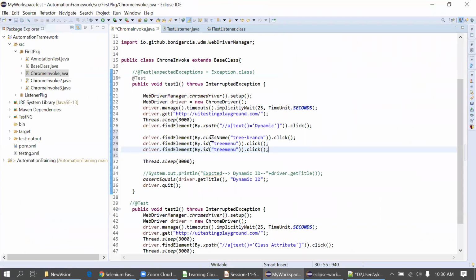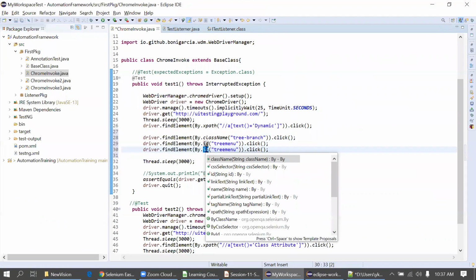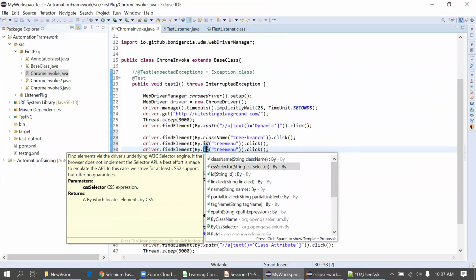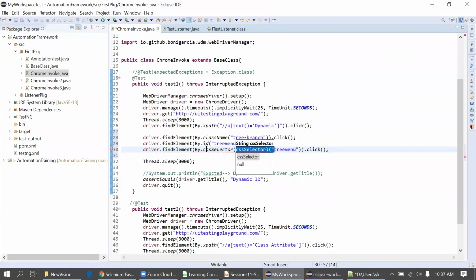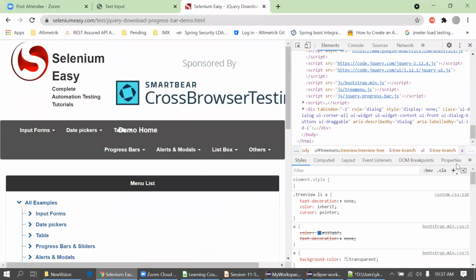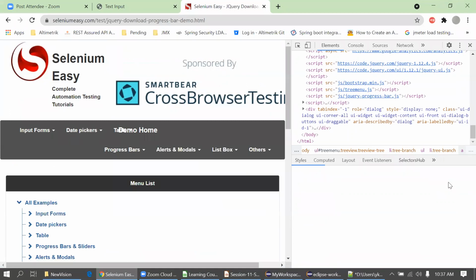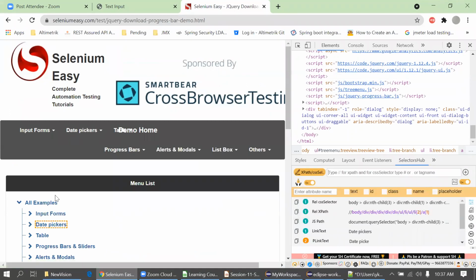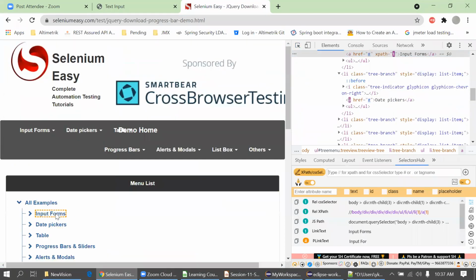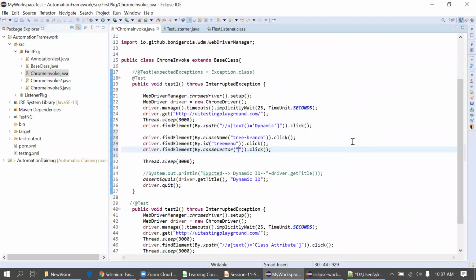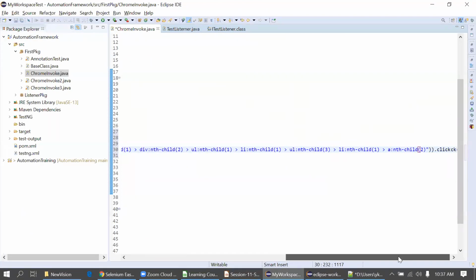So you got these things by using class name and by using ID. This thing we can use by directly providing the name. The only thing is we have to go for the CSS selector in a different way. Like XPath, we have to create a CSS selector. So for now, for the CSS selector, I'm using this tool only. Suppose I have to create a selector for this input form. In this way, we can simply copy this CSS selector and paste it here. But it's very long now.